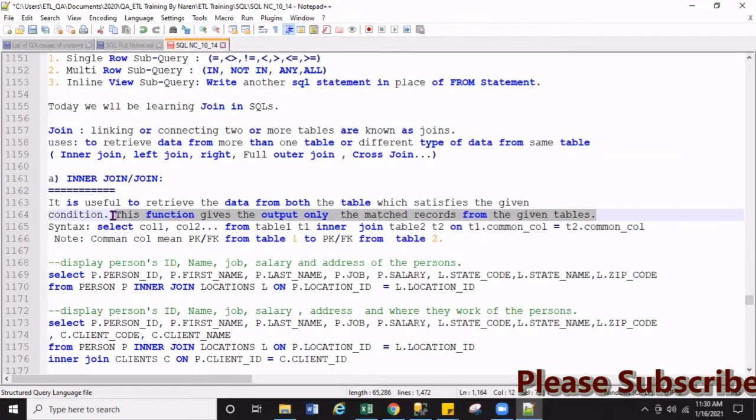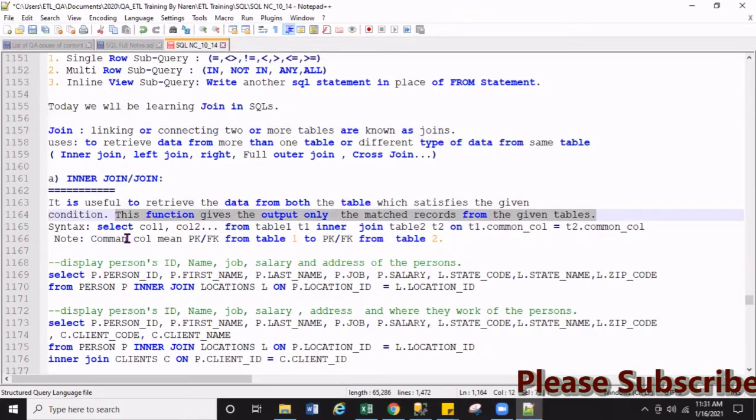For example, table A has customer ID 1 and 2, and table B has customer ID only 1. When you use this function, it will give only 1, because customer ID 2 is not in table B. Only the values that match between the joined tables will be generated.